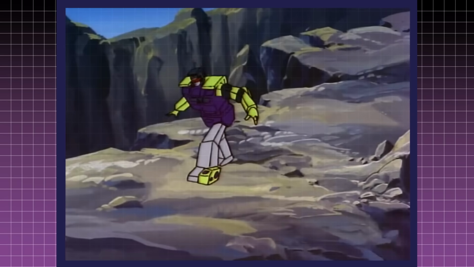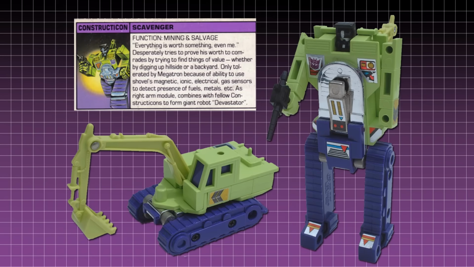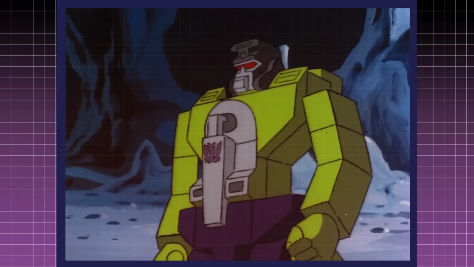As such, he turns into a bulldozer that also forms Devastator's left arm. Finally, Scavenger, who is always trying to prove his worth,